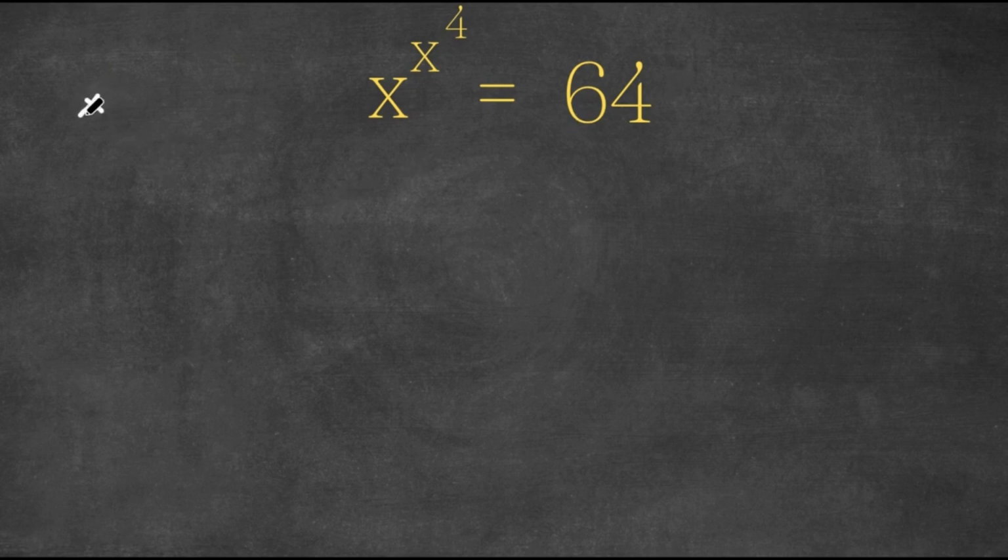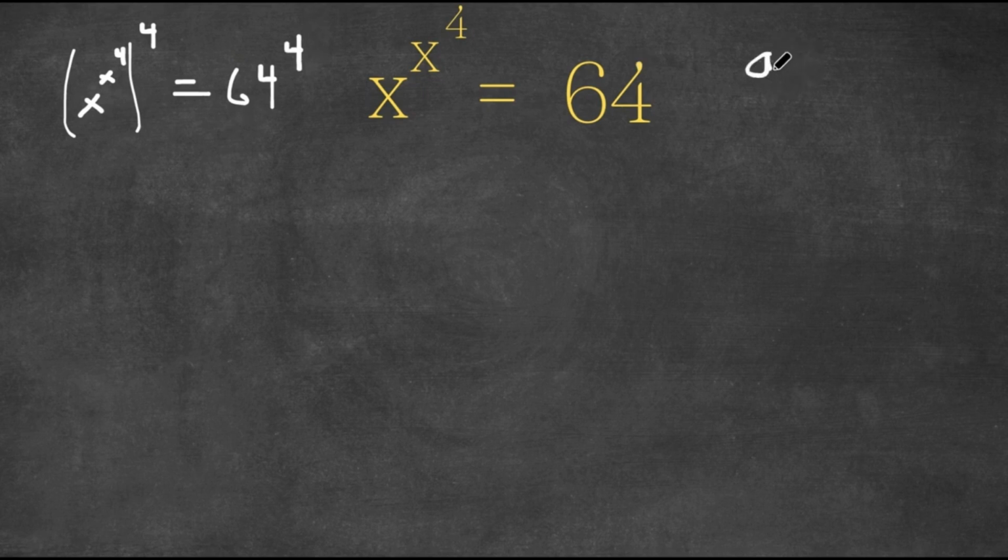So we have x to the power of x to the power of 4, now to the power of 4, equals 64 to the power of 4. Remember, a property of exponents is that if we have a to the power of m to the power of n, this can also be written as a to the power of m times n. So x to the power of x to the power of 4 to the power of 4 can also